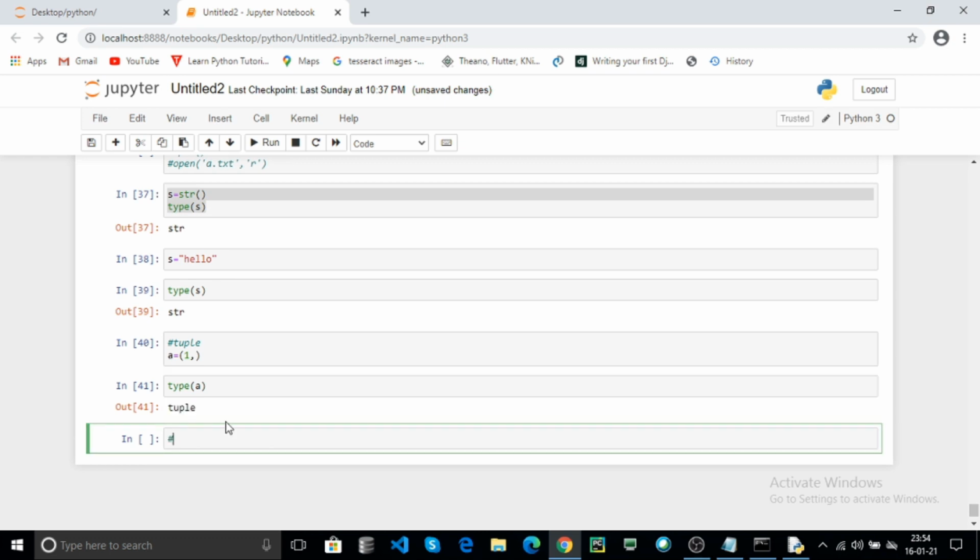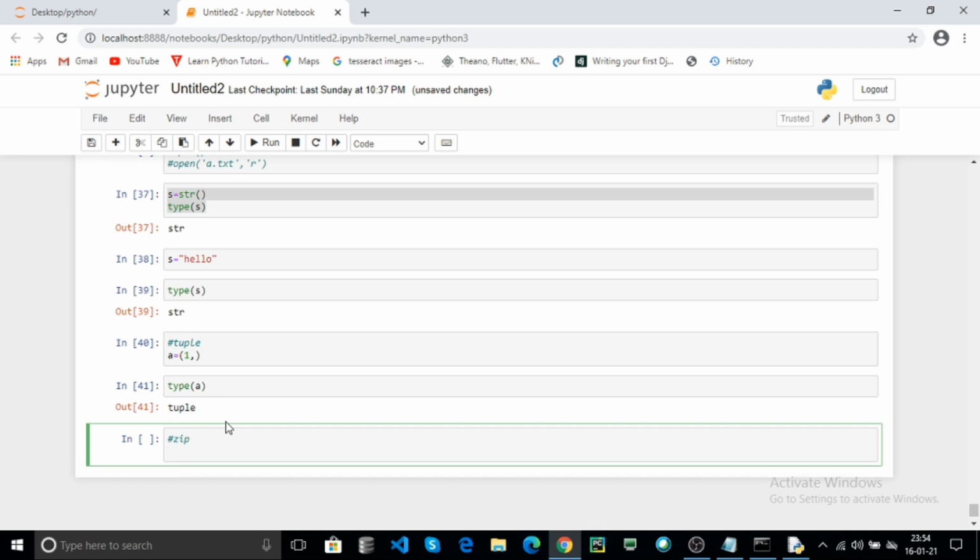Now finally use the function zip. The zip function is used to zip all the objects passed as arguments. For example, for i in zip of, you pass two lists here. You can pass any number of data you wish.